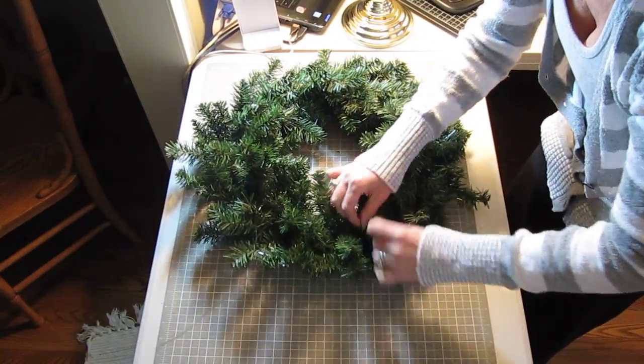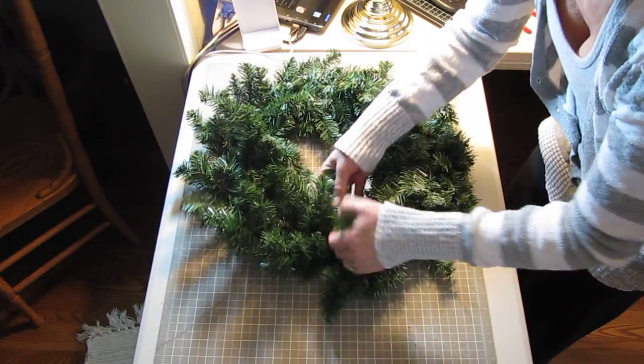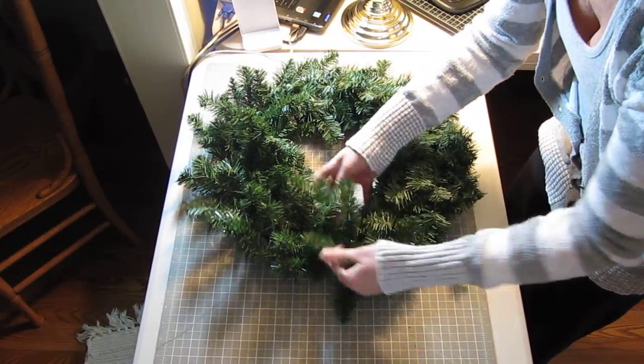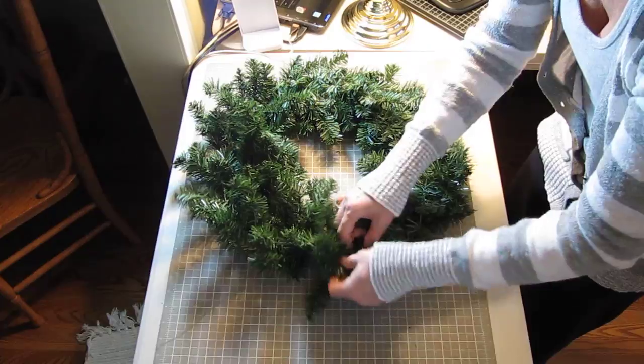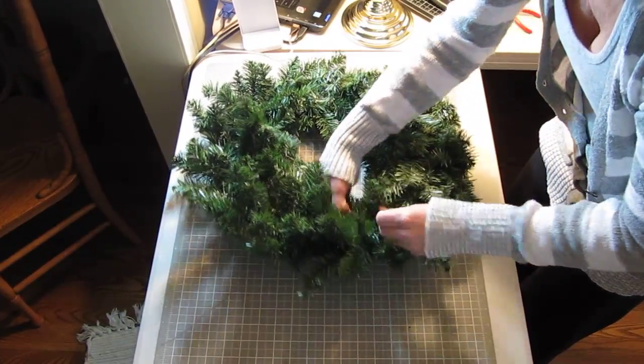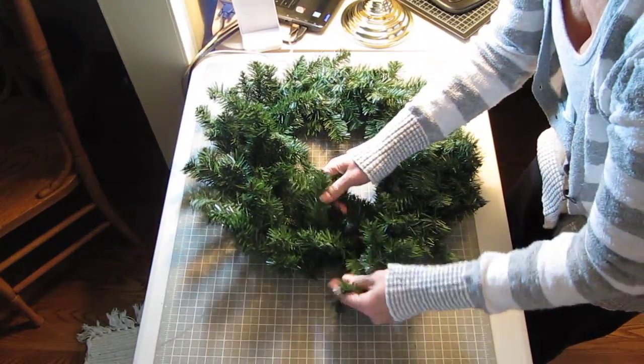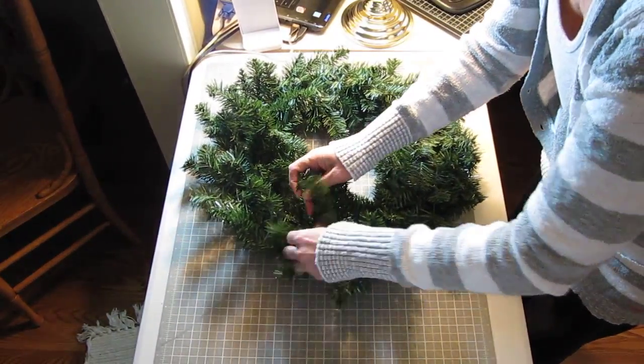You can see it really doesn't take very long to do, and when you're working with greenery, it's important to open up all the little branches and get them all spread out wide so that when you put all your ornaments and extras on top,